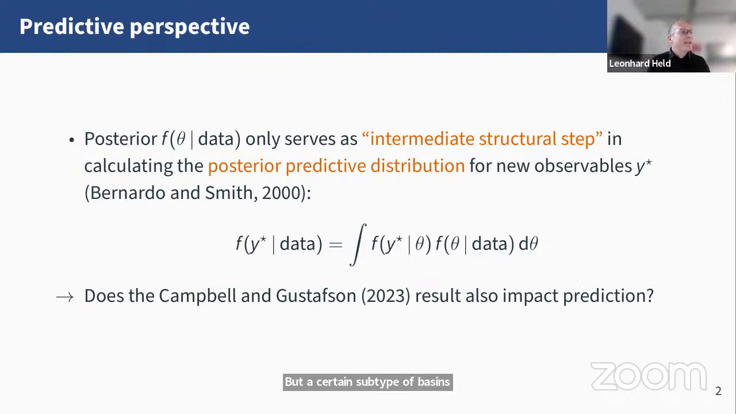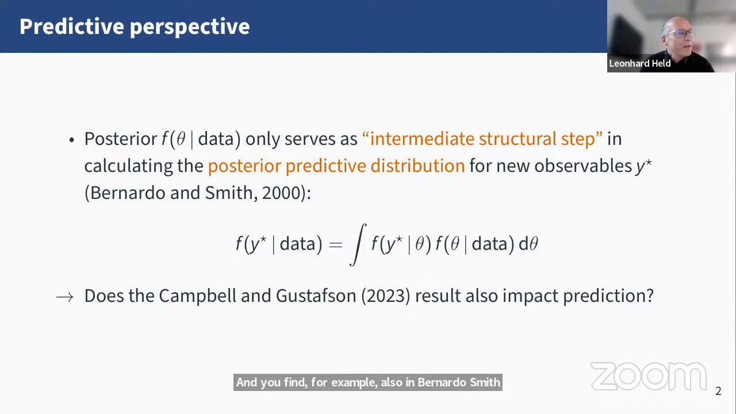And some people argue that actually prediction is what matters in statistics. I think that's also kind of the de Finetti perspective. And any parameter inference is actually just an intermediate structural step to eventually calculate the predictive distribution. And you actually see this when you look at the posterior predictive distribution of a new observable Y star. Then, of course, this is just the integral of the likelihood times the posterior, right? So this is where this intermediate structural step comes in. And you find, for example, also in Bernardo and Smith's book,